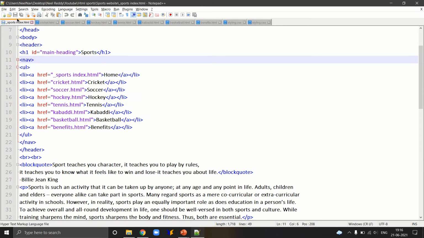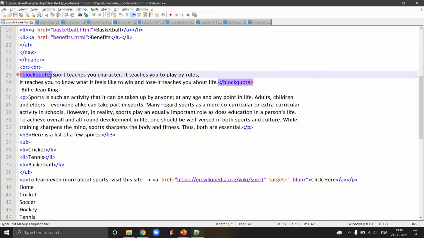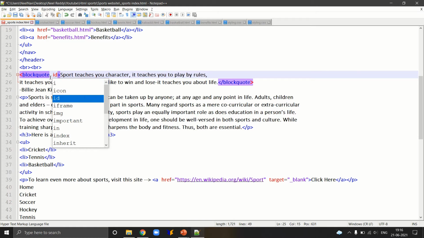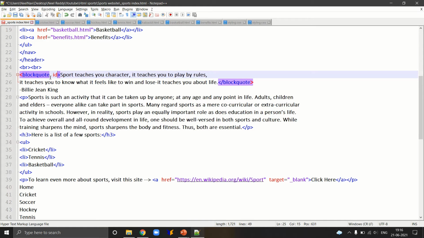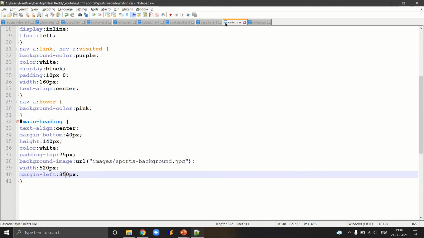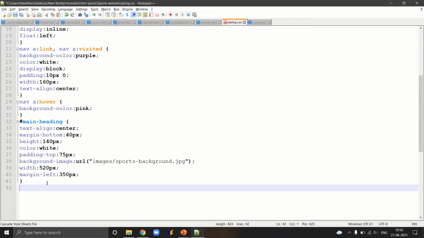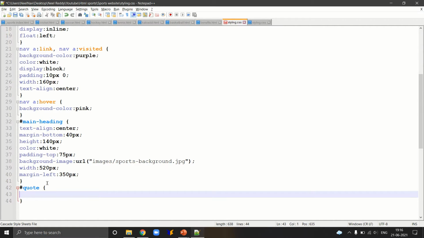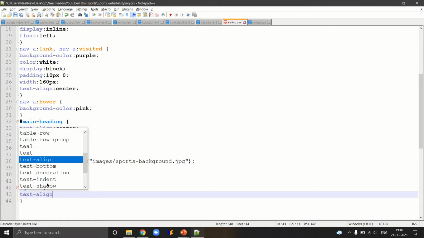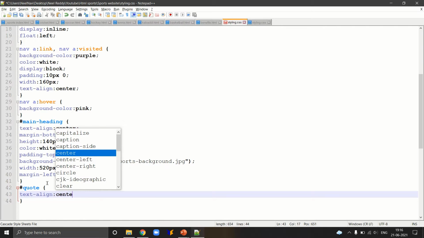So for styling the coat, we are gonna start out by adding an ID, and that ID name I'm gonna make it coat, and I'm gonna save this and go back to our styling and create a new style rule for the coat ID. And then first things first, we're gonna set the text align to center,